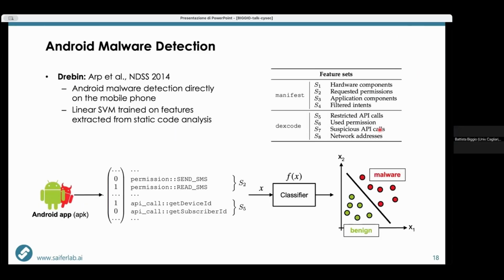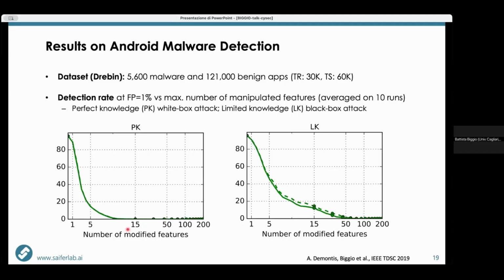We've been doing a similar thing for Android malware detection, where we studied the robustness of these detectors again against injection of content. And even in the case of this popular Drebin detector, you can show that if you inject a number of components into your Android application, you can basically drive the detection rate of this anti-malware solution to zero by just adding a few components in the APK file.